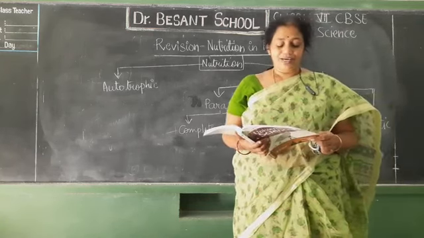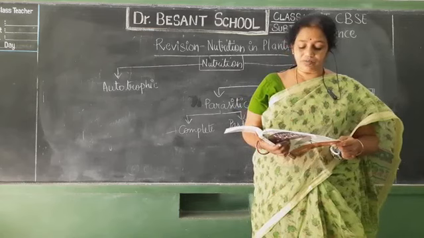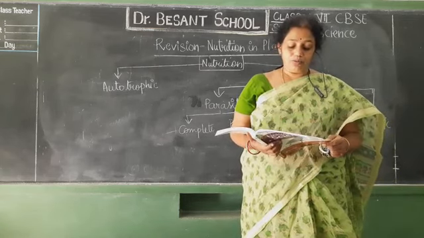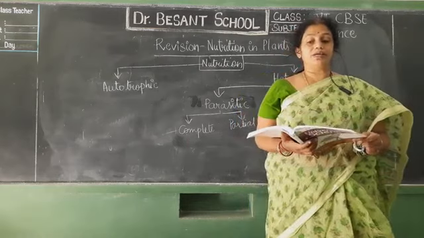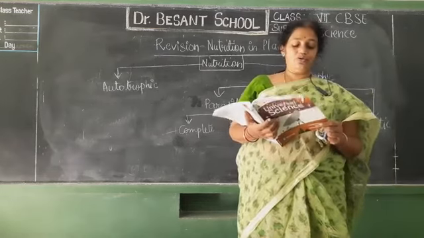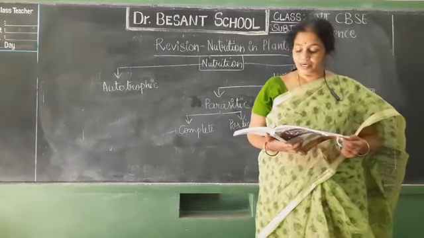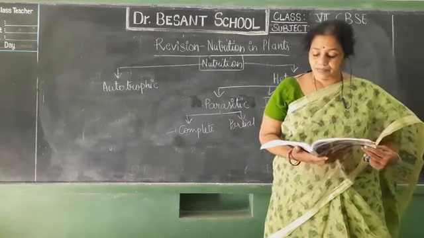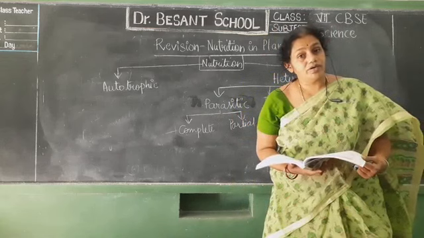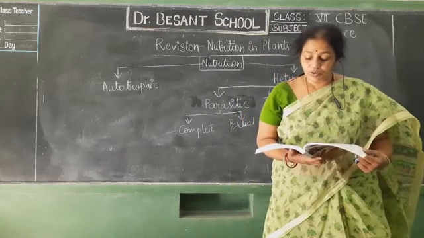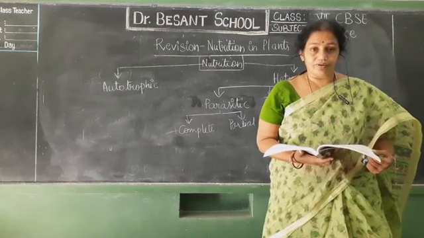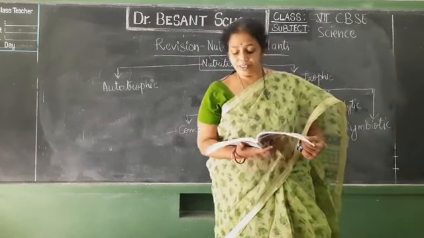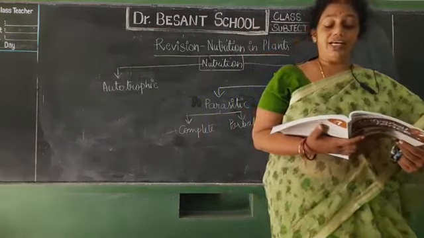Do you remember? Next one, plants can utilize atmospheric nitrogen directly. No, so that is false. Next, Rhizobium is found in the roots of leguminous plants. That also I have shown, so that is also true. Okay, next one. The color of the leaves in green plants is because of the presence of, yes, chlorophyll. Both glucose and starch are forms of carbohydrates. Iodine is used to test the presence of starch in leaves.